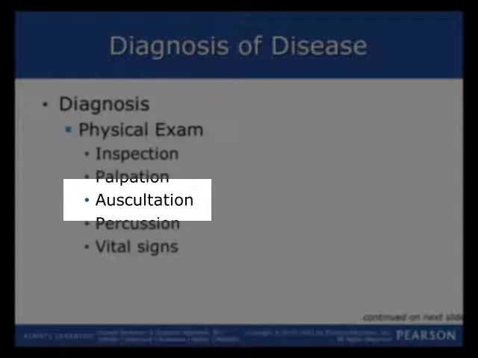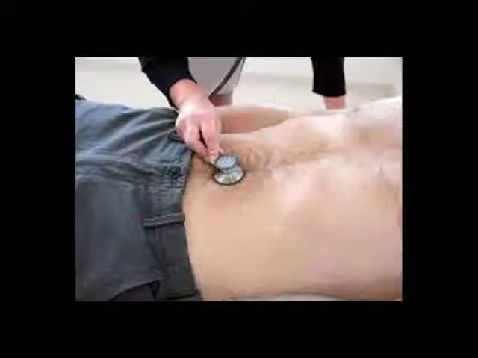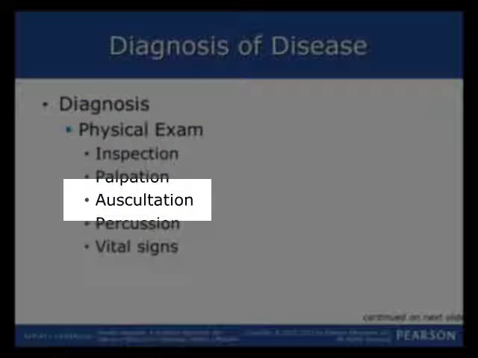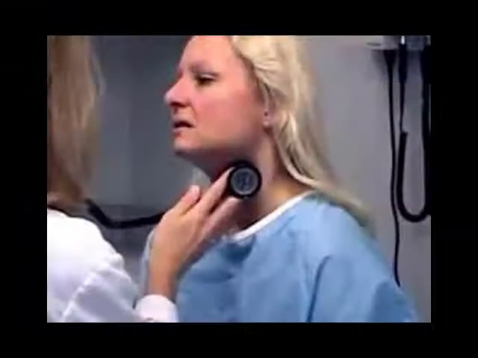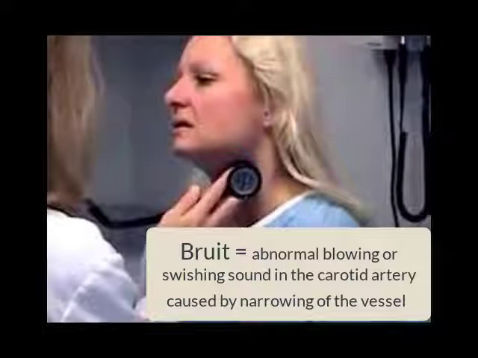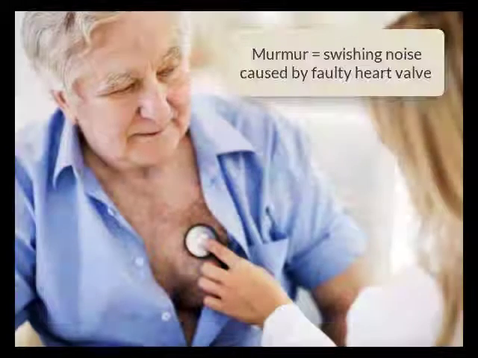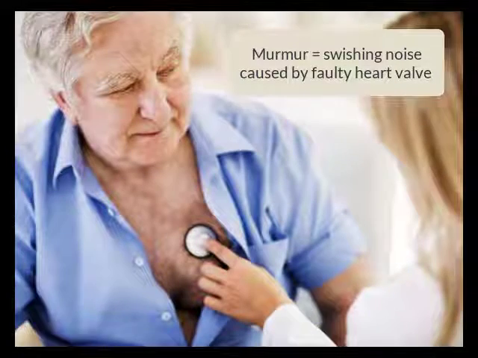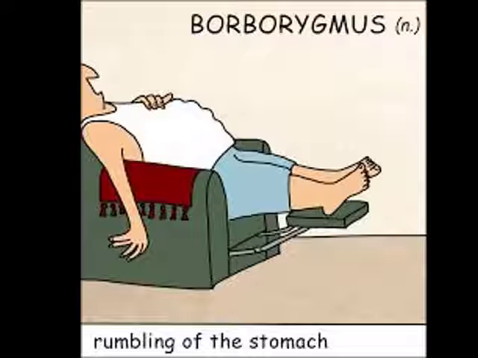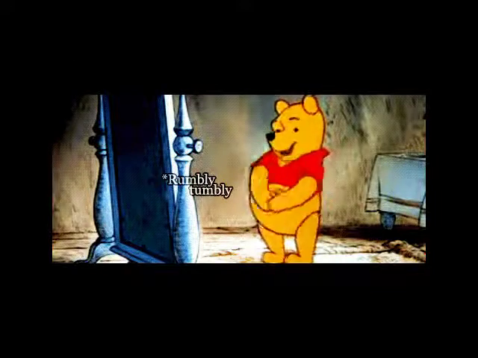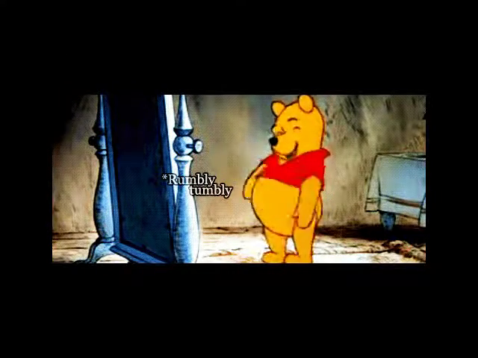Auscultation is listening. We listen with a stethoscope. We can listen to heart sounds, lung sounds, and abdominal sounds. We can also listen to large blood vessels like the carotid arteries. We can listen for abnormal sounds called bruits. We can listen for murmurs in the heart. We can listen for wheezes or rhonchi or rales in the lungs. We can listen for borborygmi. You probably learned that in medical terminology. The rumbling sounds in the intestines,